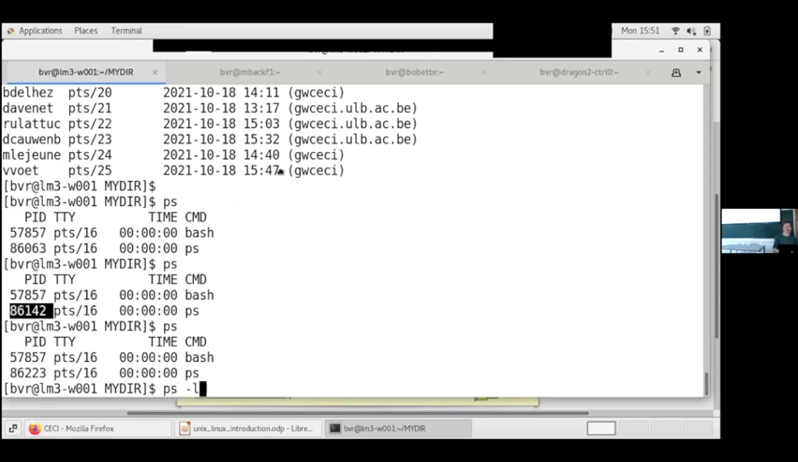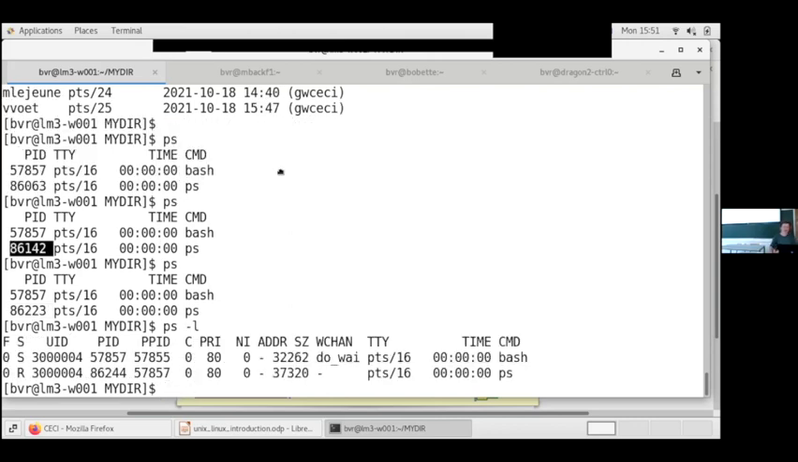PS -l, long format. Give me more information. It gives me the user identifier. That means this is my number, the number of BVR. Process identifier, it's all the time the same, of course. And the parent process,